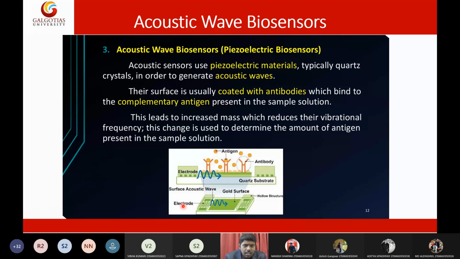Other than this, there are a few immunochromatographic and lateral flow immunodiagnostic tests and rapid diagnostic tests. So there are certain CAR tests that are also extensively based on this particular principle, the piezoelectric biosensor system. So acoustic sensors use piezoelectric materials, typically quartz crystals, in order to generate acoustic waves. Their surface is usually coated with antibodies and complementary antigen. This leads to increased mass with reduced